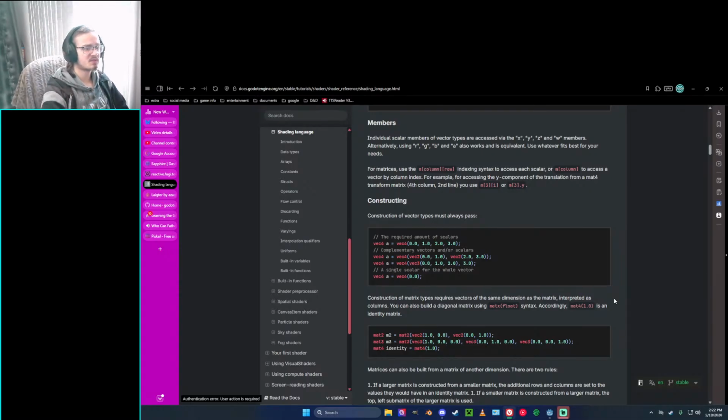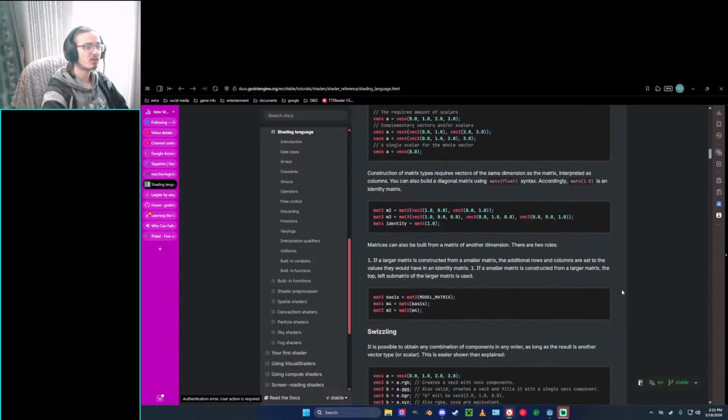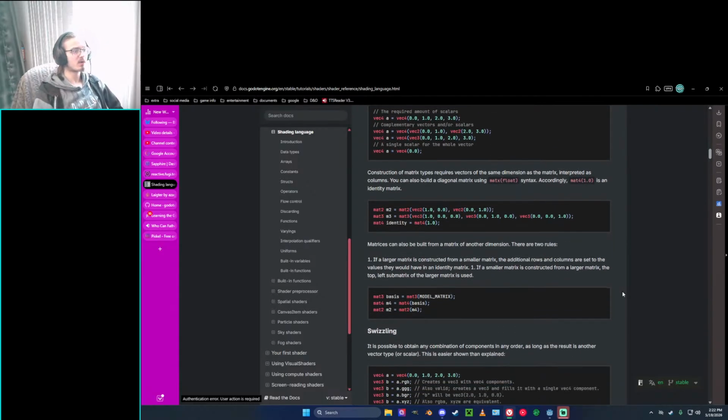Construction of vector types must always pass the required amount of scalars. vec4 a = vec4(0.0, 1.0, 2.0, 3.0); You can also construct from complementary vectors and/or scalars. vec4 a = vec4(vec2(0.0, 1.0), vec2(2.0, 3.0)); vec4 a = vec4(vec3(0.0, 1.0, 2.0), 3.0); A single scalar can fill the whole vector. vec4 a = vec4(0.0);